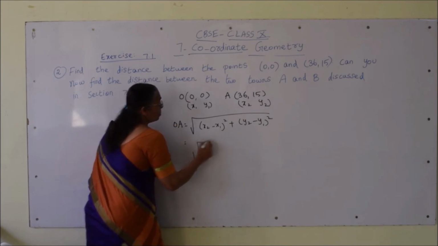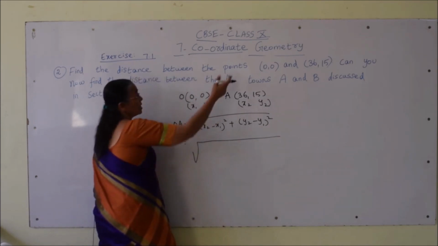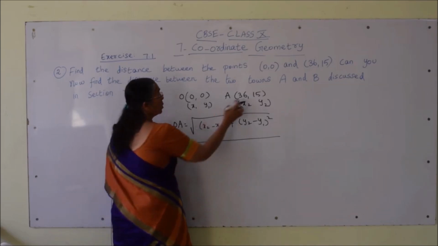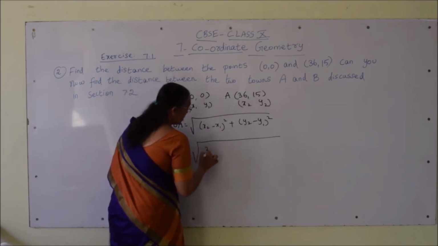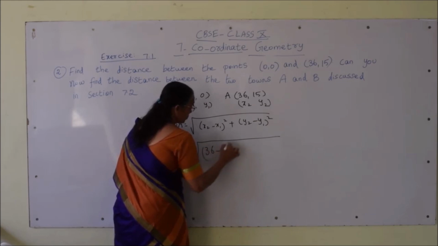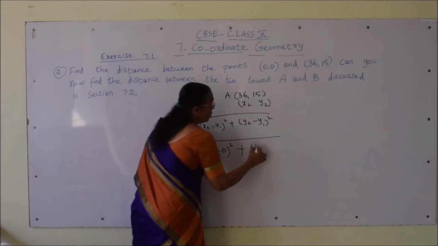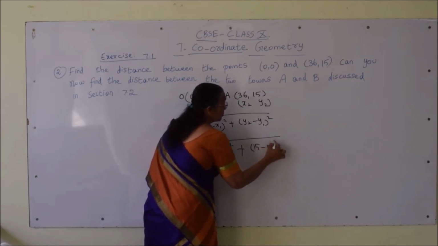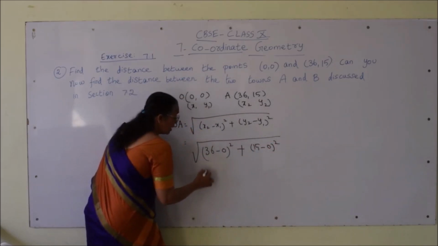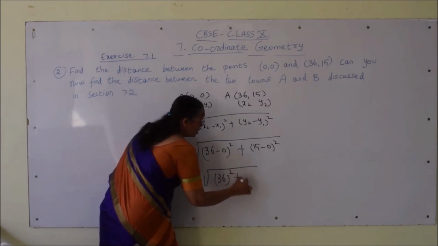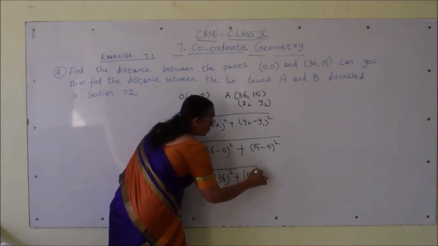So, using that formula, OA, the distance between these two given points, is root over (36 minus 0) whole square plus (15 minus 0) whole square,